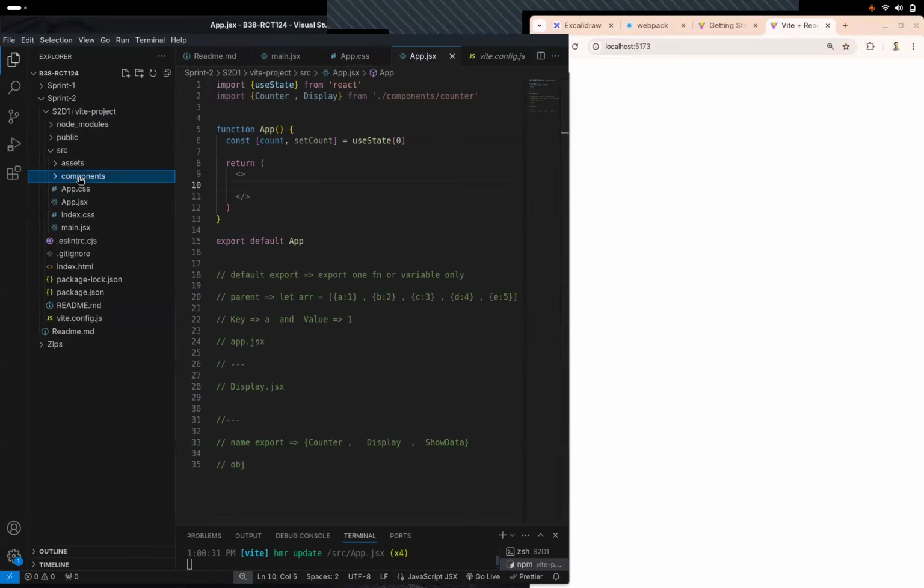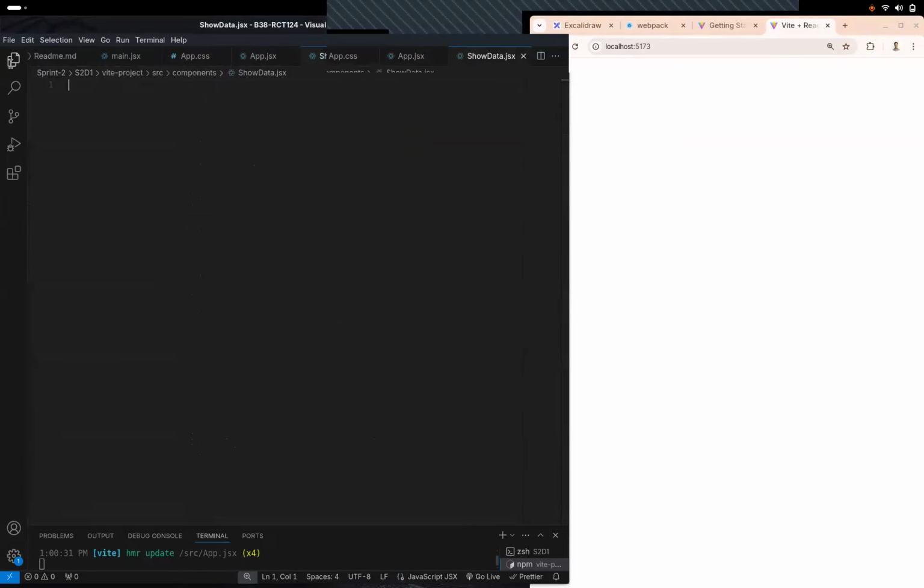And in our components we'll create another component, and what should we call it? Let's call it ShowData, right? And over here let's have a component const ShowData, and what this ShowData does is return some data, right? Now what it returns will depend on the data, but it returns some data.